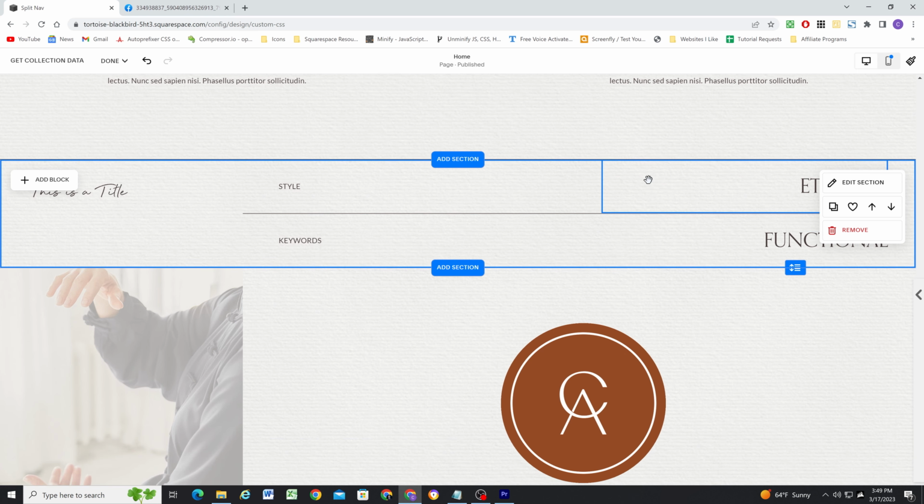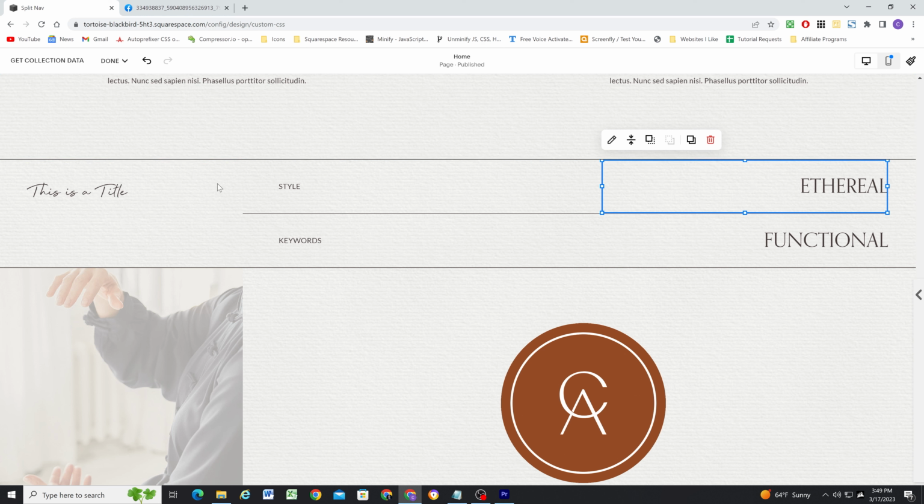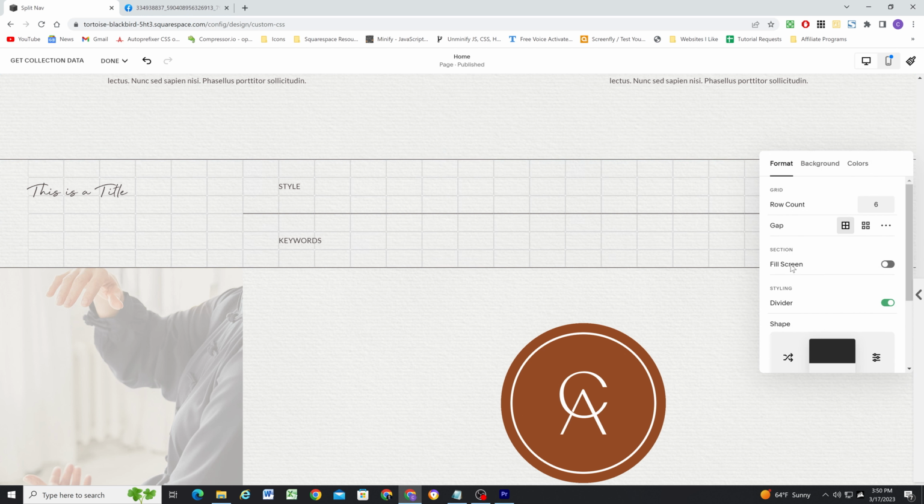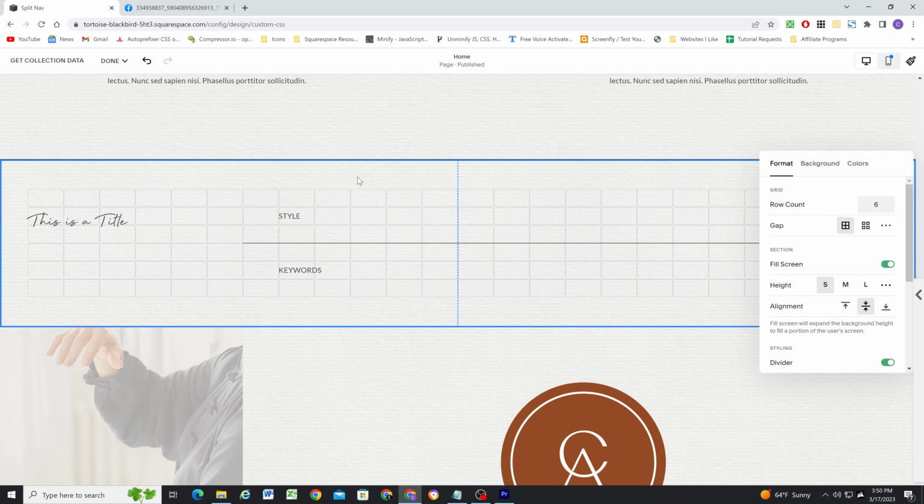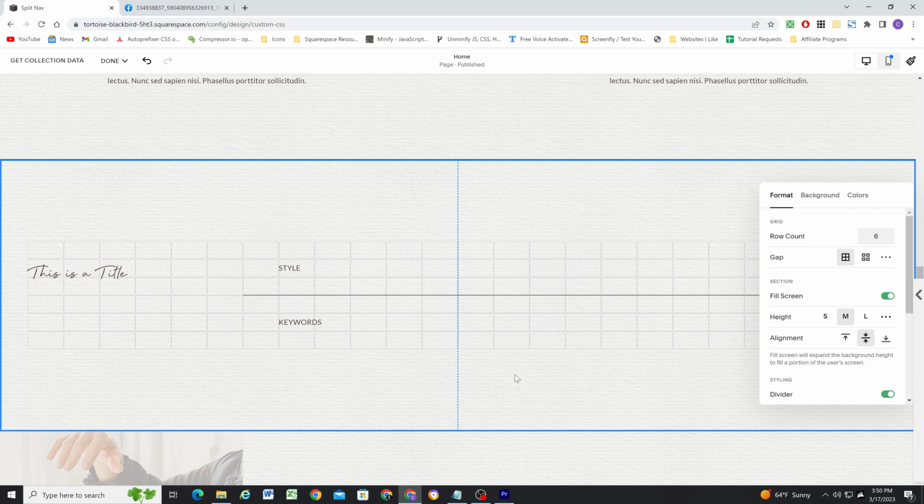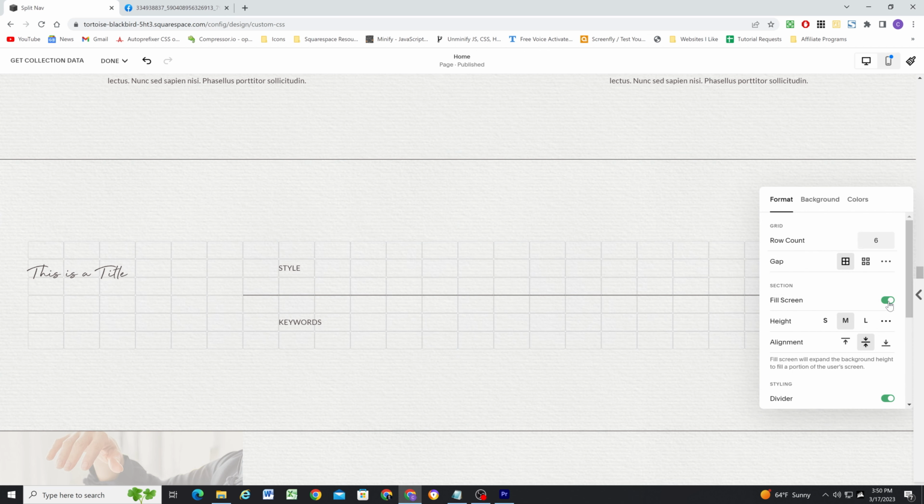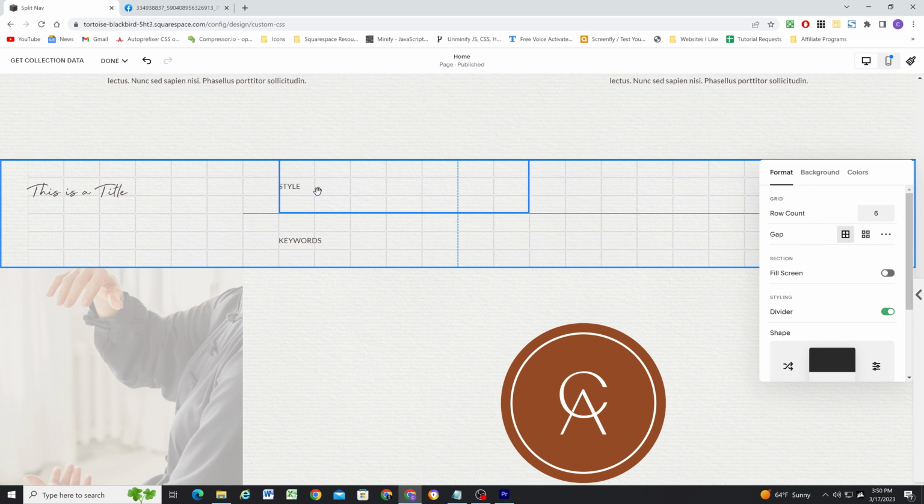So the way that I'm able to get these blocks going to the top of the section is because in the section editor, I have toggled off fill screen. By default, when you add a section, fill screen will be enabled, and that just allows you to have padding on the top and the bottom of the section. But if you want the blocks to be able to go to the top, which they can't otherwise, then just toggle off fill screen, and now those blocks can be full width and full height,